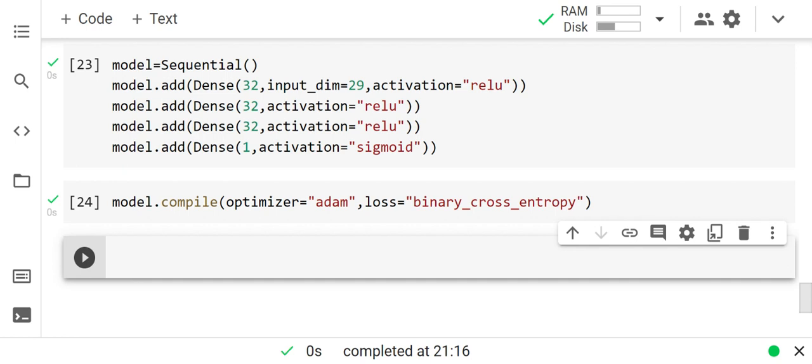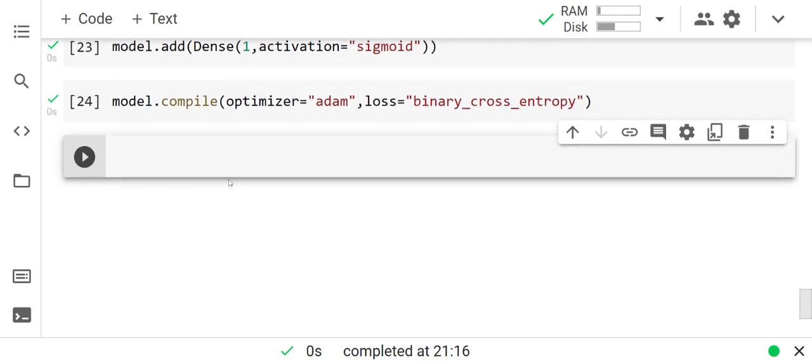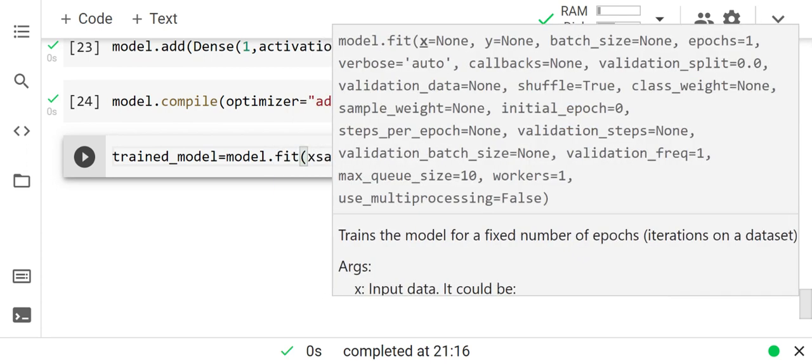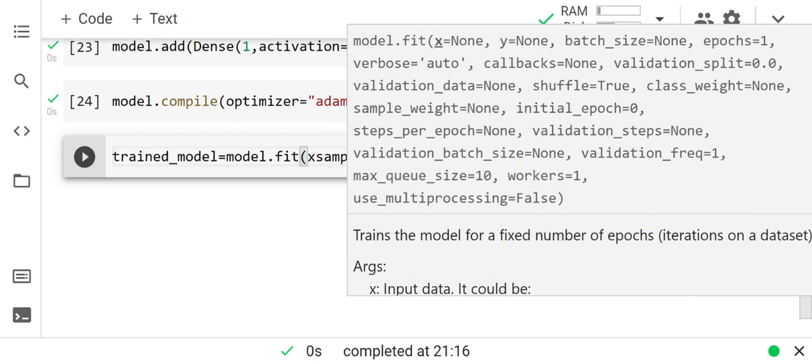Now we have to fit our model onto X sample and Y sample. So let's call it trained underscore model. trained underscore model equals model dot fit, X sample, Y sample,